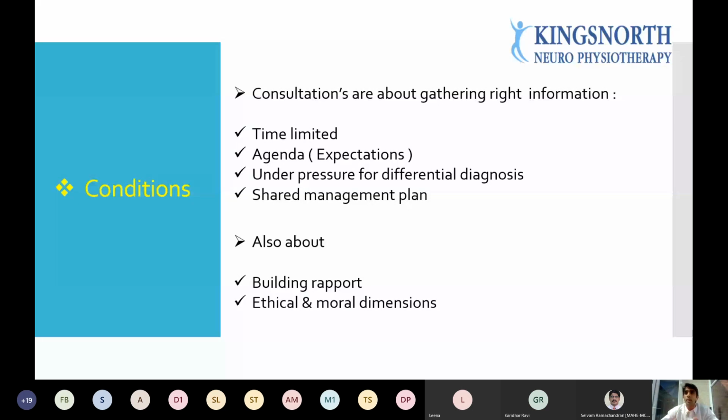softer skills or your ethical thinking, which would be affected, like how should I connect with this patient in this time, and how could I pinpoint what I would like to achieve from this consultation. So these all are the dimensions I felt they are the ones which helped me to rethink how I am actually doing a consultation.